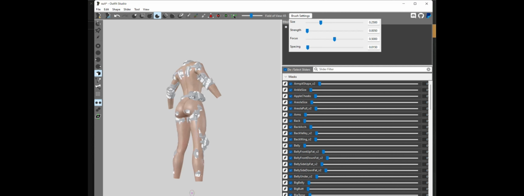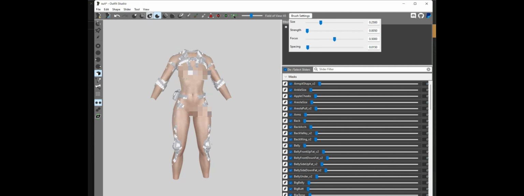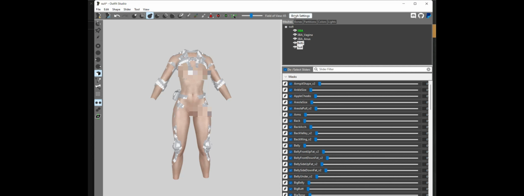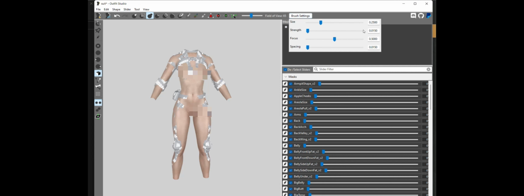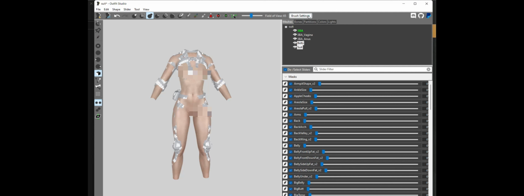Once I think it's about right, it's time to change the tool and go to the inflate tool. That one I will keep the same size, but I want it even less powerful, so I will reduce the strength again to make sure that the armor is not blowing up suddenly and changing totally the shape.